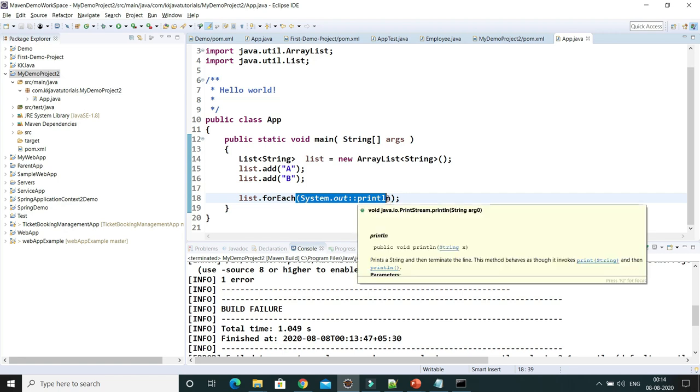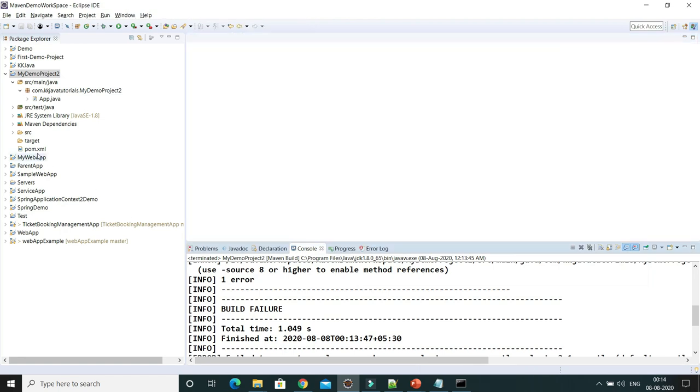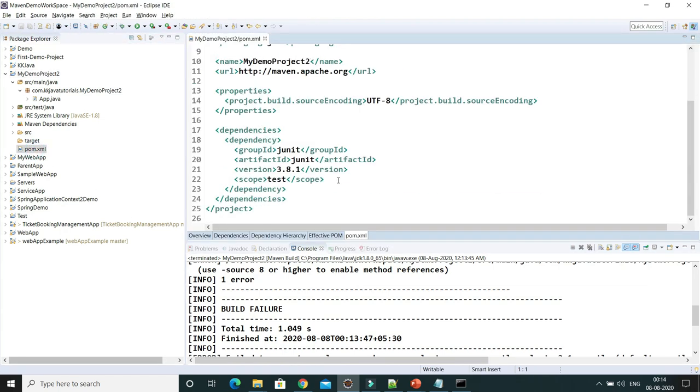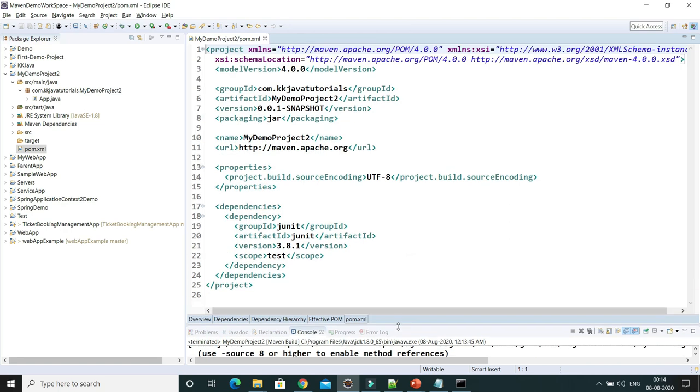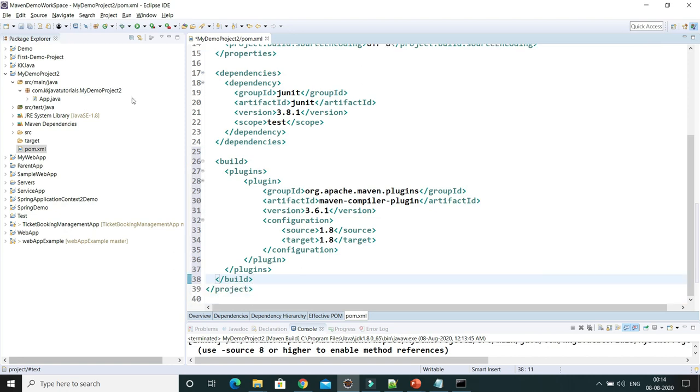method reference. So as I said earlier, we have a compiler plugin that we can configure in pom.xml for JDK 1.8. Let's see how we can configure it. In pom.xml we have to configure build. We have a build tag, and inside the build we have plugins.